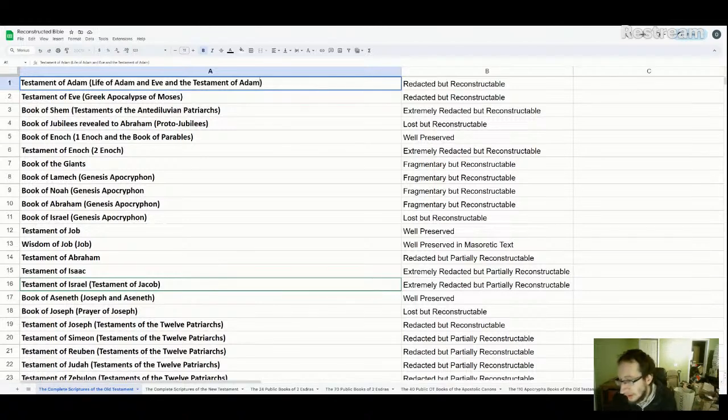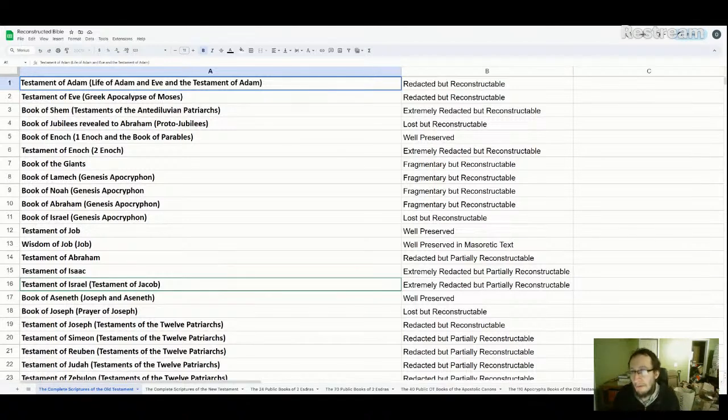It's actually included in the Ethiopian Bible. And the Rolls of Clement quote a significant portion of the Testament of Adam. Of course, there's a lot of Christianization in that quote that we find in the Book of Clement, the Book of the Rolls. But we can use that as a starting point to try to reconstruct the Testament of Adam.